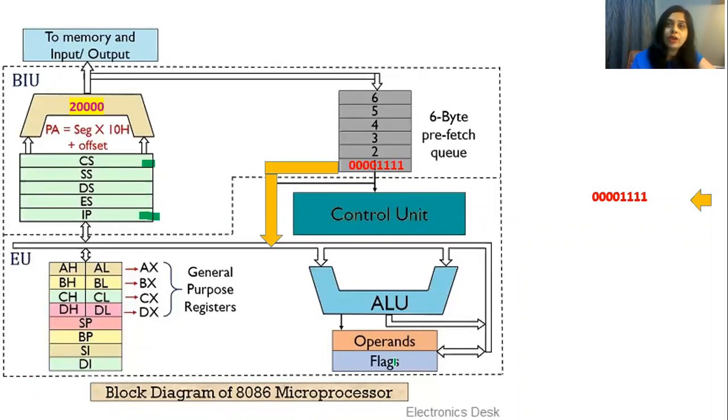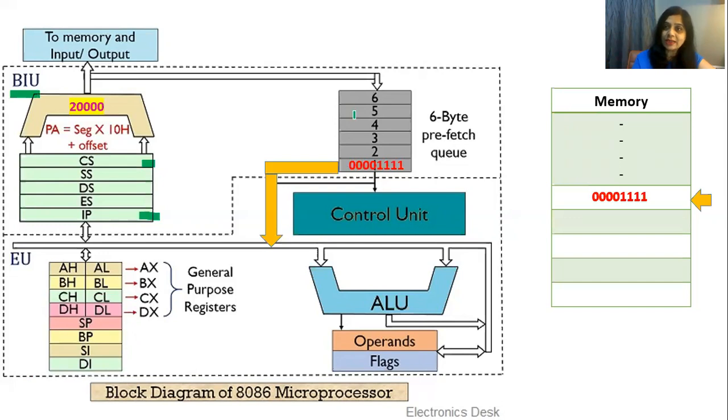So we are going to discuss all the blocks of 8086 in detail in the coming slides. So let's go one by one. First of all, we'll start with the bus interface unit. Whenever we write a program for 8086, we never store that program in the architecture of 8086 because it has no internal memory. So what we do, we store the program in the external memory connected to 8086.